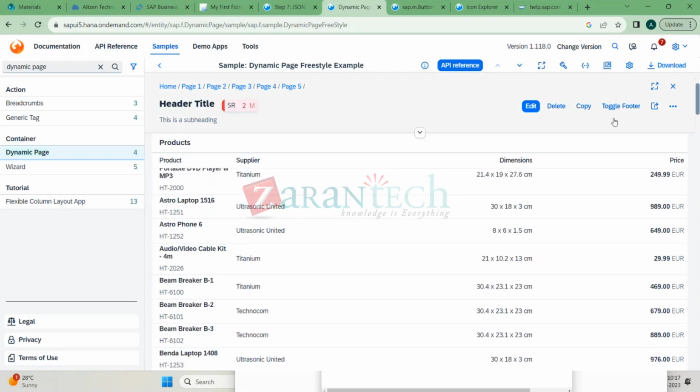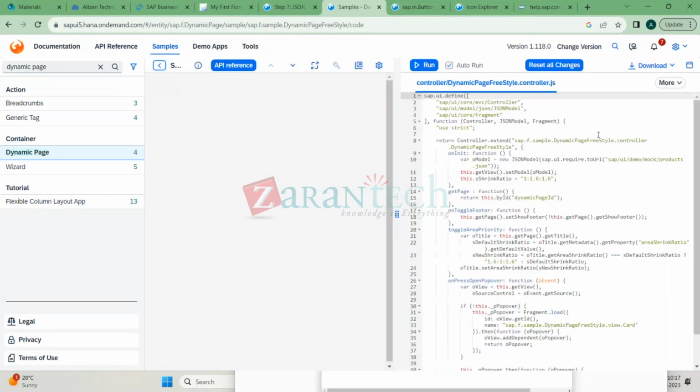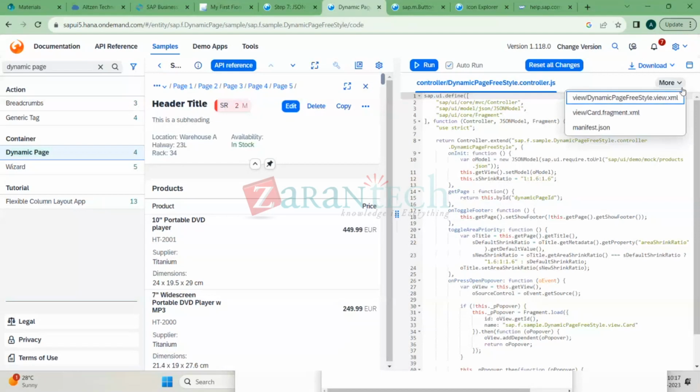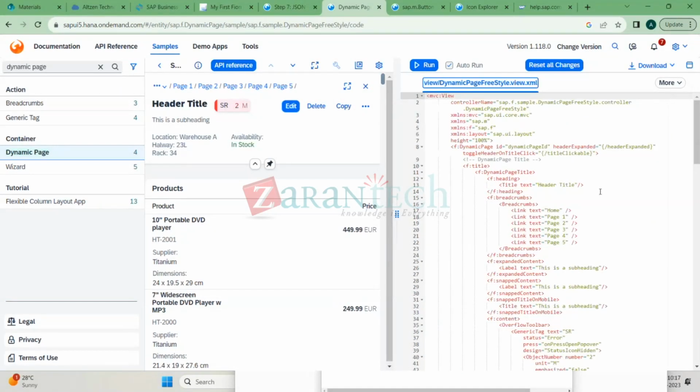Okay, now I want to see how this coding has been done. So I told you, you always go back to your view file. You always look into what has been designed and coded here. So you see,